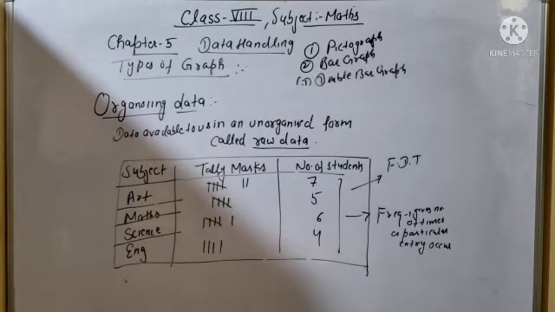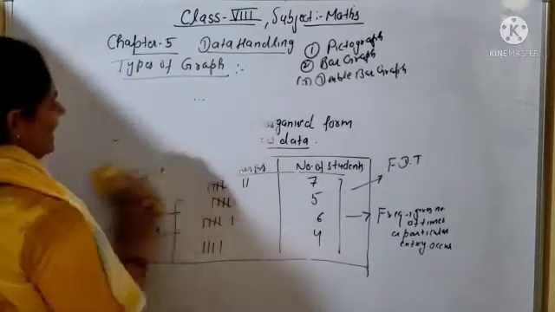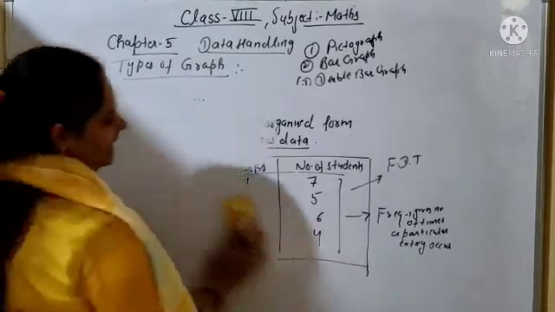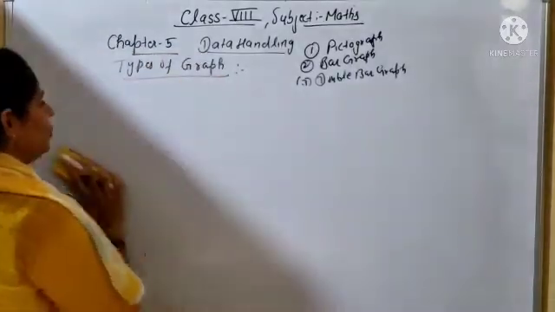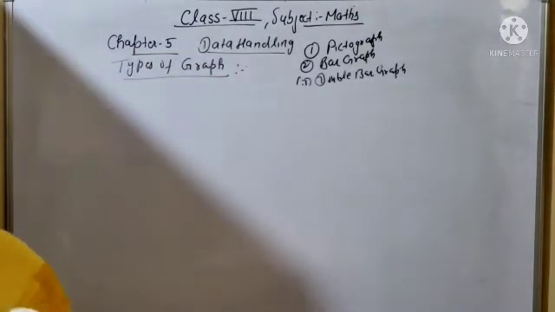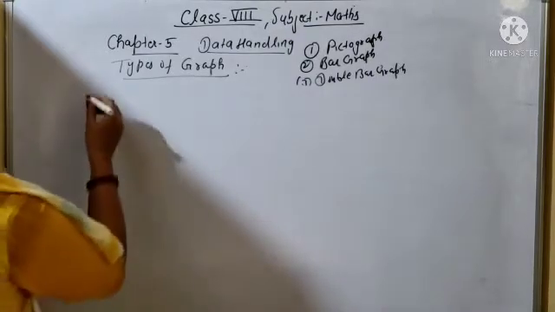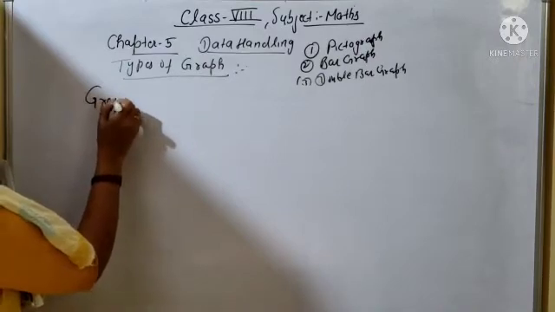Grouping data means when data is given in groups, that is, when maximum entries are given. For example, 50 is given 3 times, 5 times, not only a single time. So when any one data is given maximum times, 5 times, 7 times, you will use the grouping data. This data is called the grouping